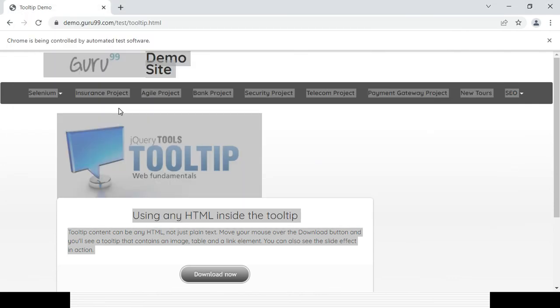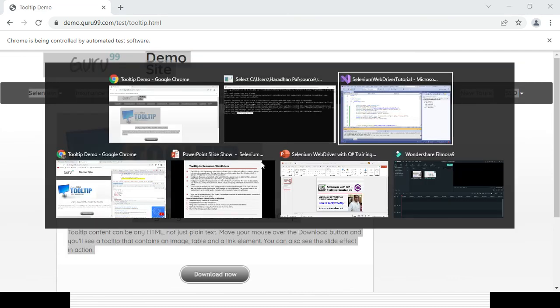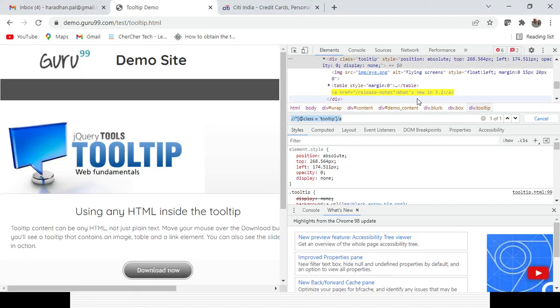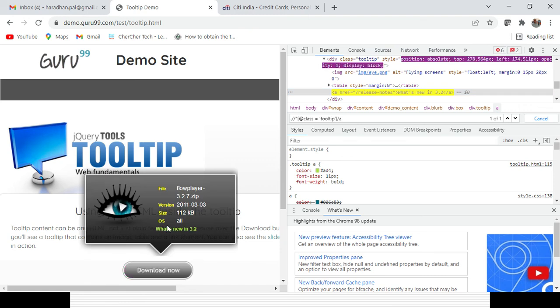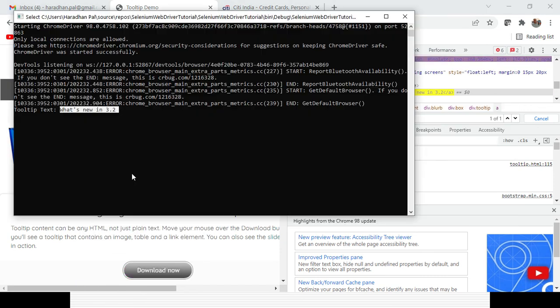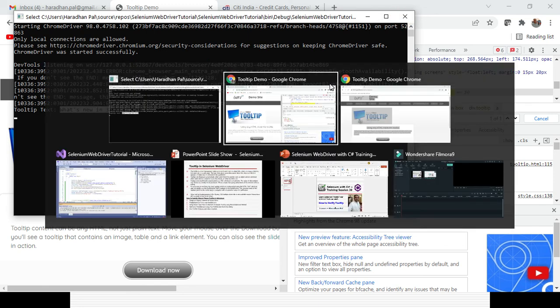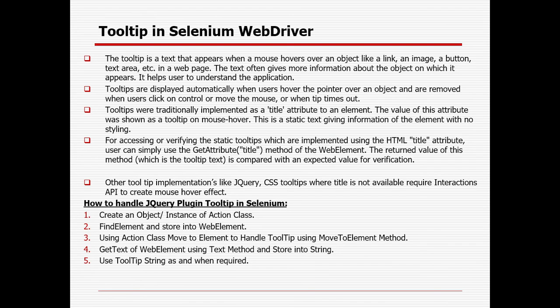That is the text I'll be expecting. So if you go here, this is the text, what's new in 3.2. So that should be the text here, what's new in 3.2. If you click here also it's coming, what's new in 3.2. So that is my text being displayed in my console as well. So that's how you can deal with tooltips where the title attribute is not available